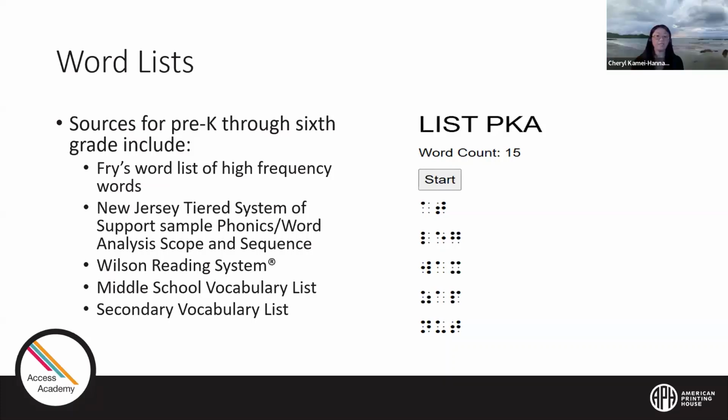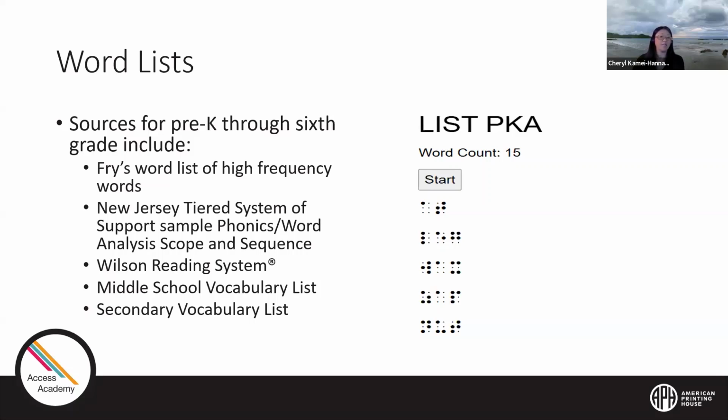So the way that the assessments are set up is to be very similar to a reading inventory. The word list may be used to give you a very quick snapshot of the grade level or reading level of the student's abilities. These sources were used, the Fry's list, mainly for our earlier list, starting at pre-K, going up to about third and fourth grade, while we transitioned from the more phonetic-based approach to multisyllabic and also content